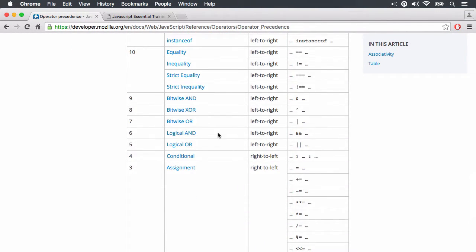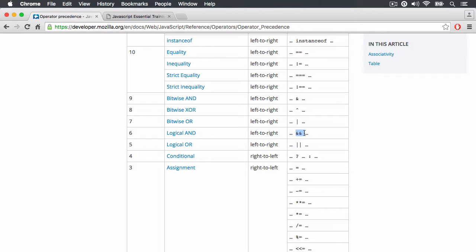So the and operator, you'll find it's right down here, which is logical and. Now, the issue is that this doesn't actually get executed first because it has the precedence of 6. Now we have the triple equals, and you can see the triple equals has a higher importance. And this has the precedence level of 10. So what's going to happen is the triple equals operators are going to be invoked first, and then the and